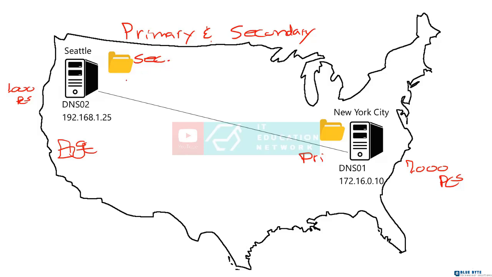The secondary is a read-only copy of all of these records. So here, anytime a record changes in New York City, that change is transferred to my DNS server in Seattle. If you work in the Seattle office, 192.168.1.25 is your preferred DNS server address. So you're always going to query this DNS server. You're not going to unnecessarily cross a WAN link to look up a name. So my 1,000 users won't do that. Any query you need to resolve, you will pass to this